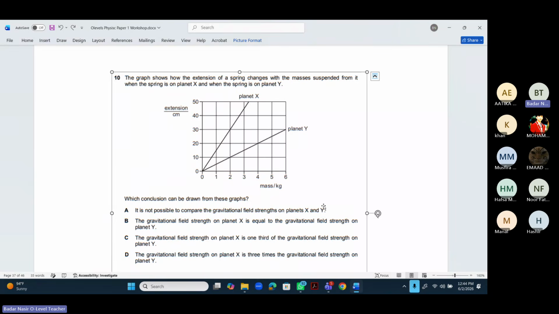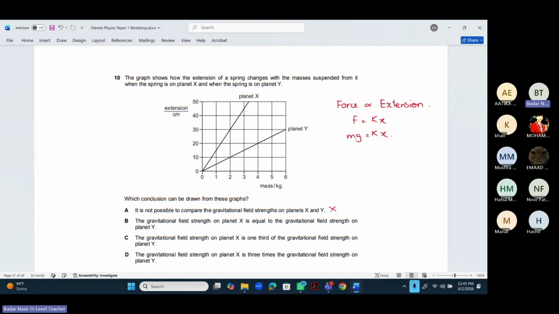Which conclusion can be drawn from these graphs? It is not possible to compare the gravitational field strengths on planet X and Y. So this is not correct, because we can see how much extension is produced where. Force is directly proportional to the extension, and force is basically depending upon the weight. Force is directly proportional to extension: F is equal to kx, F is mg is equal to kx, so we can compare